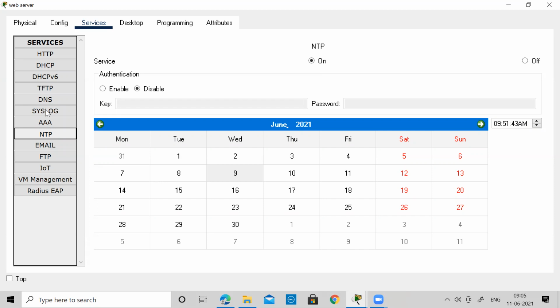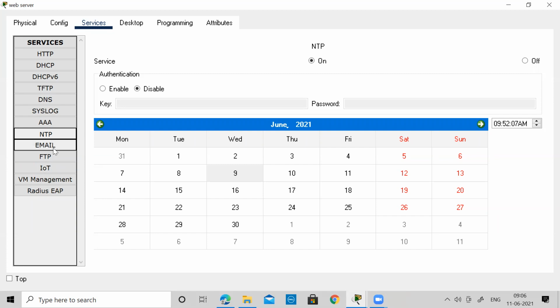So you make them sync up with the time, just to ensure that all the log activity is kept with the proper time record, otherwise it will go wrong, right? You will not be able to troubleshoot at what time it happened, in which time zone, whether we are talking in respect to the Indian time zone or the US time zone. So on that basis you need to set up Network Time Protocol.